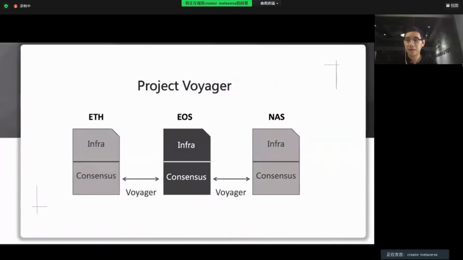The paper was accepted by a top-ranked computer science conference. And for the project Voyagers, we try to split different blockchain ecosystems into two sections. The first one is infra. We have some infra and unique data, and we will not touch that. We also want to have some consensus layers, and for the consensus layers, we will have the project Voyager.